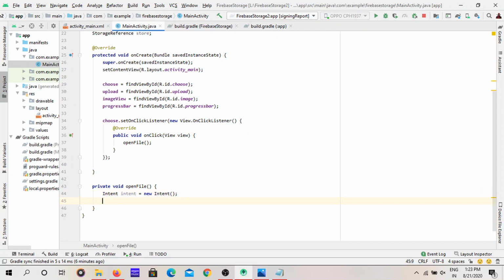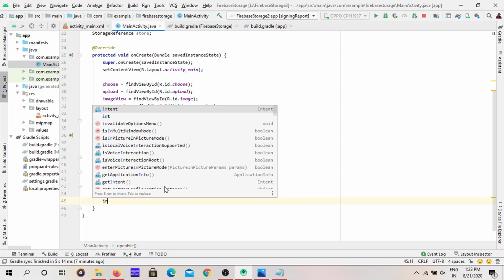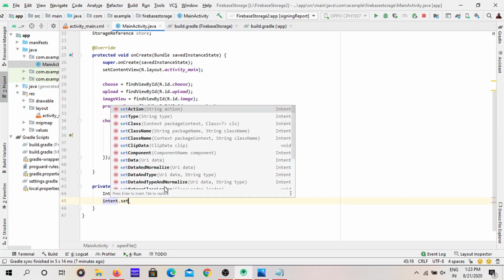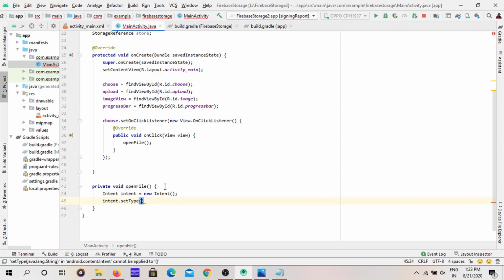Now we have to give some type to the Java. Let me give that. I will explain you while I am typing. Set type. Now we are saying to Java this is a type of intent that only chooses the image, that only gets the image data.